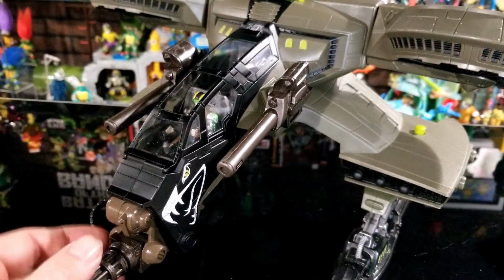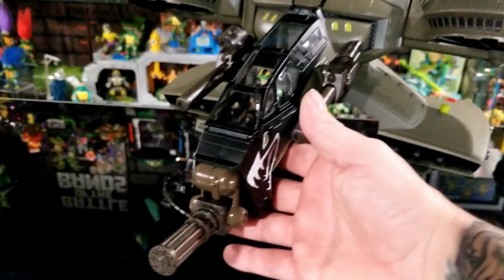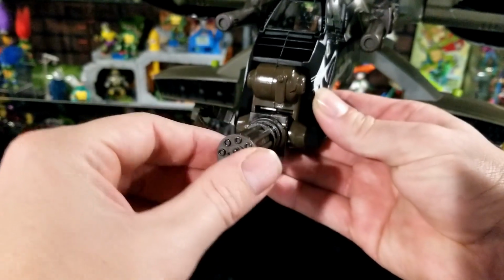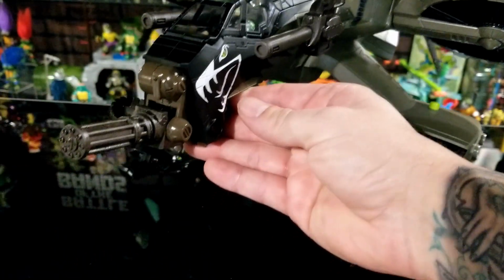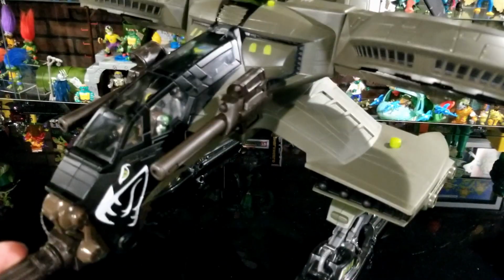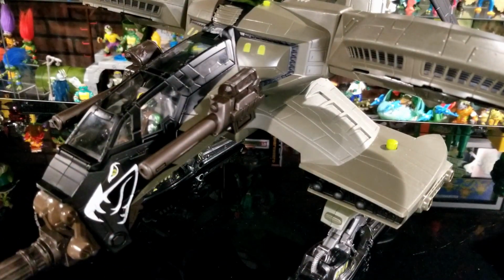But as you can see, this one isn't even 3 inches. And this right here is the torrent gun. It goes up, it goes down, not all the way, but it doesn't go side to side or anything. And it has a little ammunition belt right there. But let's go ahead and take a look at some of the sounds and stuff that this